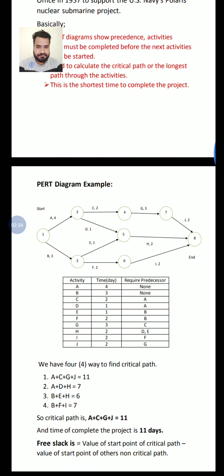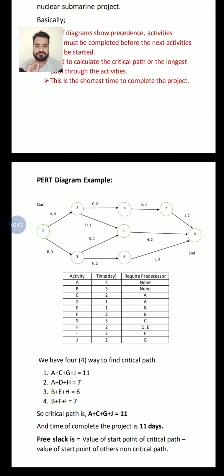And you can see these are the various activities. Like A, and the time required to complete this activity is 4. Next activity is C, the time required to complete this activity is 2. Next activity is G, the time required to complete this activity is 3. Like we have different activities, and by the precedence of these activities, we can reach the destination. So it depends upon the project team which path they need to choose.